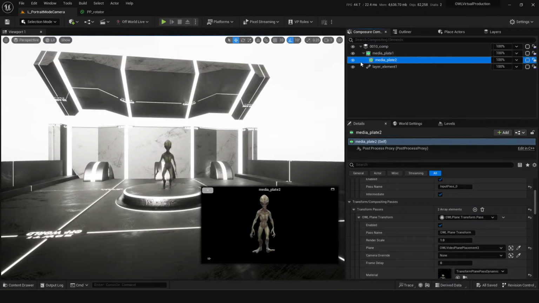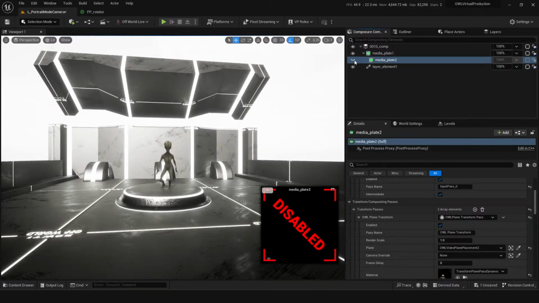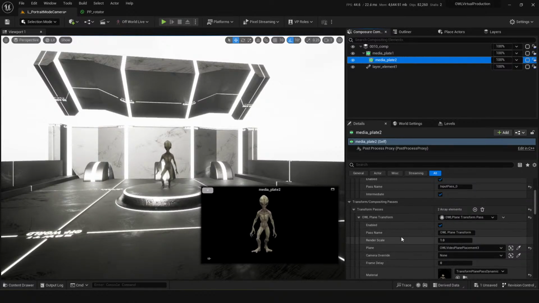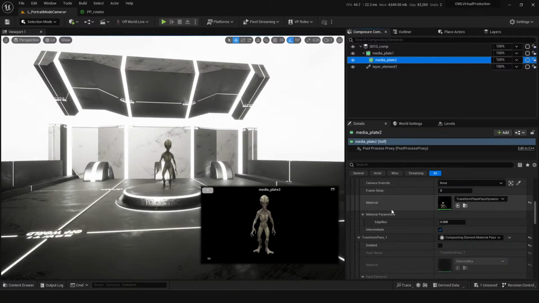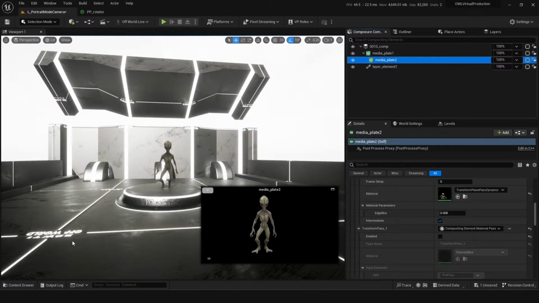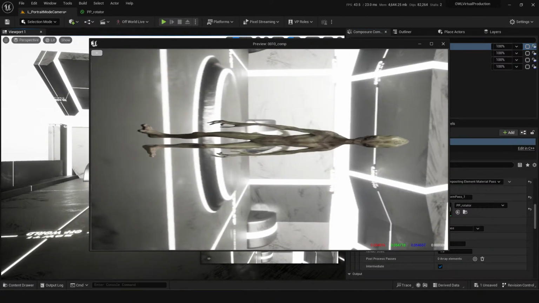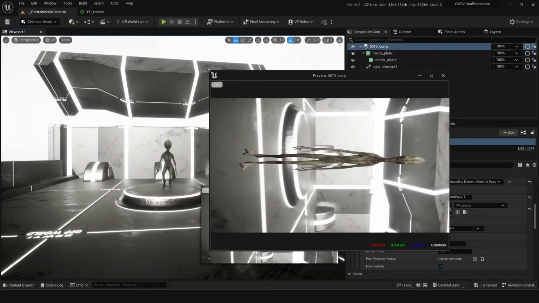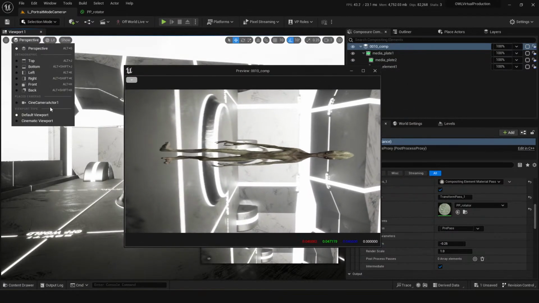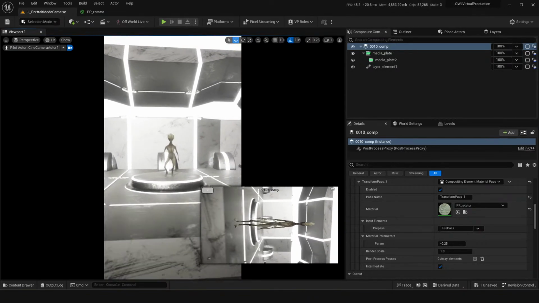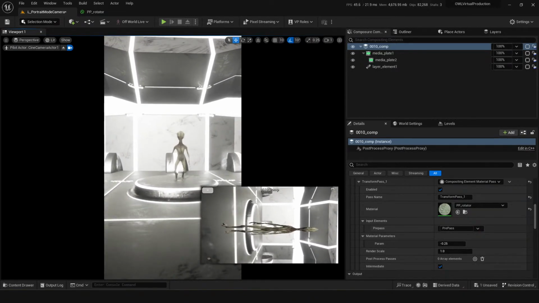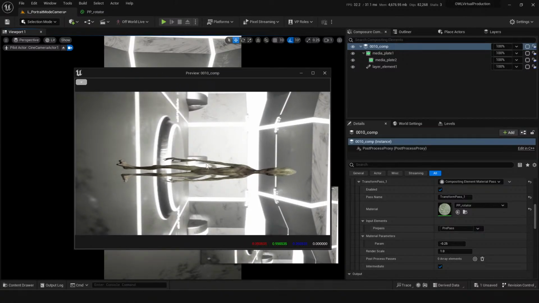So let's get rid of. Yeah. I think this squishing.